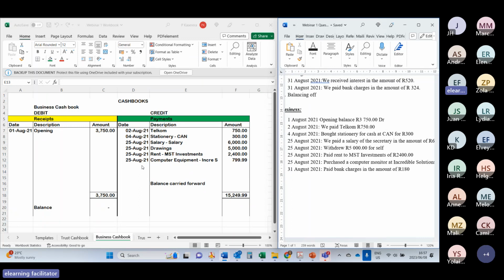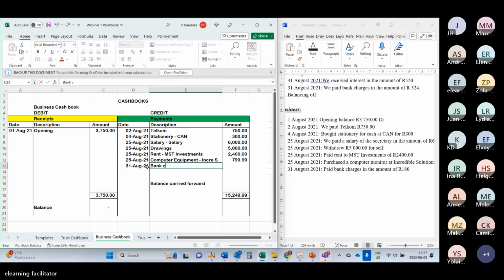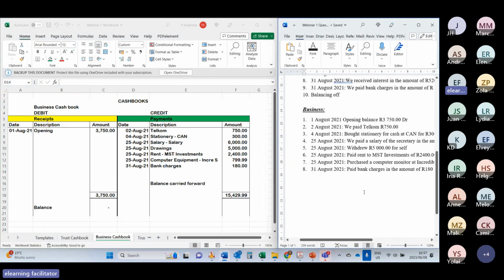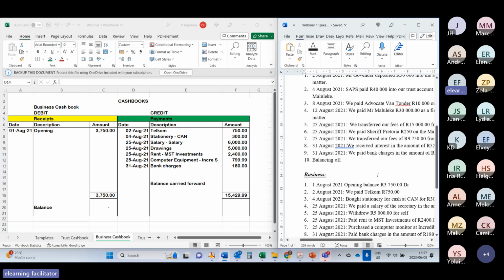And then the bank withheld bank charges. So basically what we are doing is we are paying out. If we look at our business account, it's more like payments, but usually these transactions are for